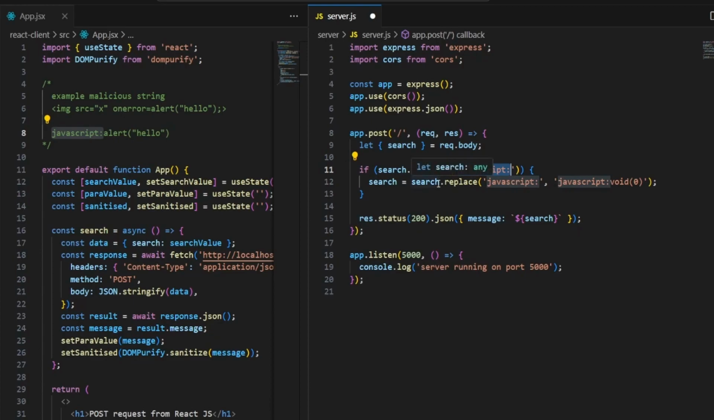I'm going to replace that. I'm going to replace that with javascript colon void 0. This is just a void function. It basically says JavaScript, do nothing. Essentially. Kind of useless, but it gives us some level of protection. So I'm going to save this file